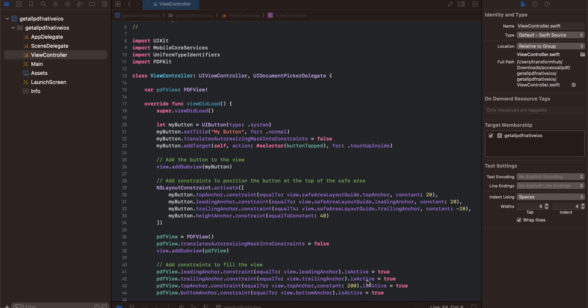In today's video I will show you how to get access to PDF files in native iOS and display it inside PDF view. So first things first, it is not possible to get access to all the PDF files in iOS. It is possible in Android and I have already uploaded a video for it, but in iOS